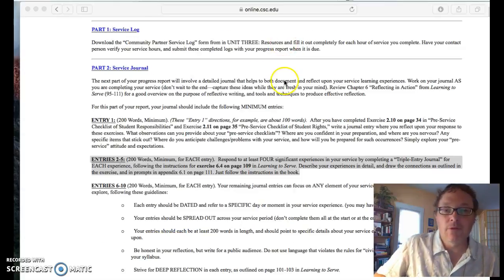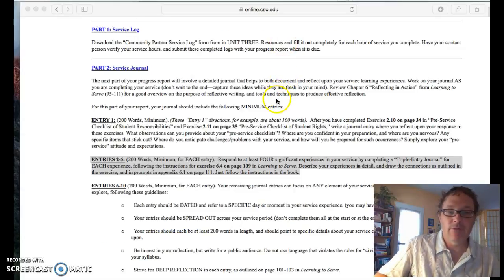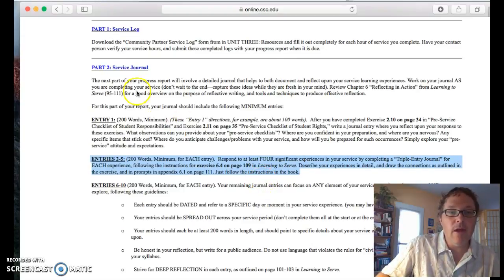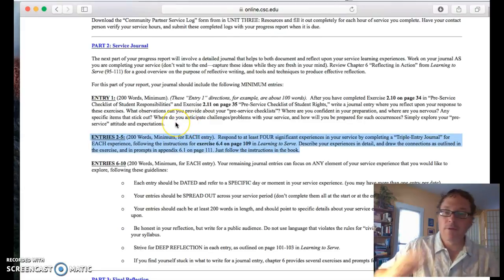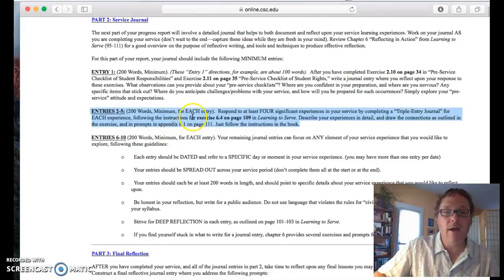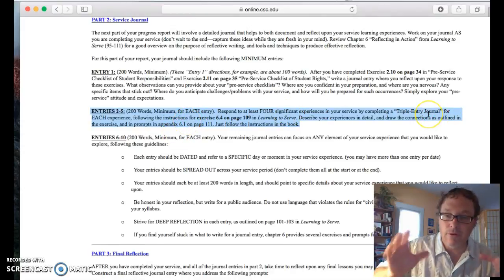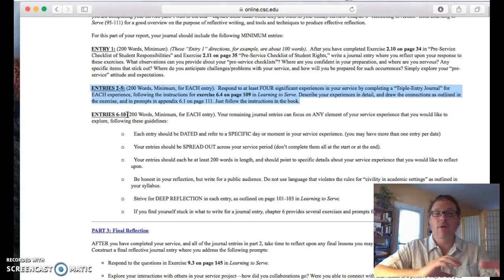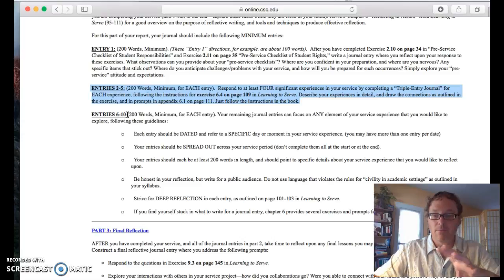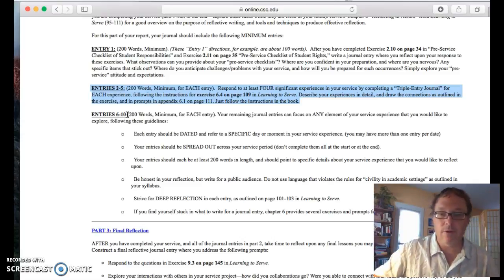So now let's take a look at an actual student example from last semester. I'm looking at part 2. So this is the service journal. Just a reminder, the first entry asks you to do some of that pre-service stuff and reflect upon it. Then you have to have 4 entries that use the triple entry journal for deep reflection element from page 109 in your book. And then you have the last 5 entries are the open-ended ones